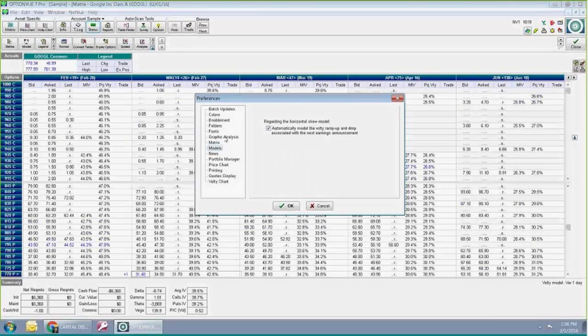What else we got under file preference? So I was going to mention, let's see, the matrix. Just in these columns, I have the March. It shows the number of days, 47 days till expiration, what the actual expiration day is, or at least a Saturday after the expiration day. And you can choose instead to show just the number of days remaining, expiration date, or both. I like both.